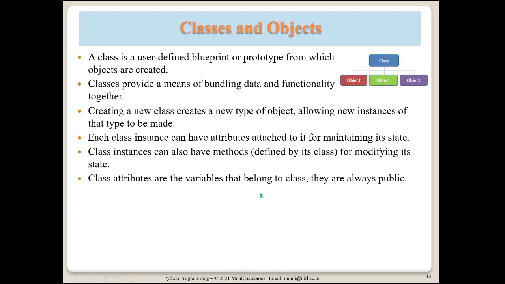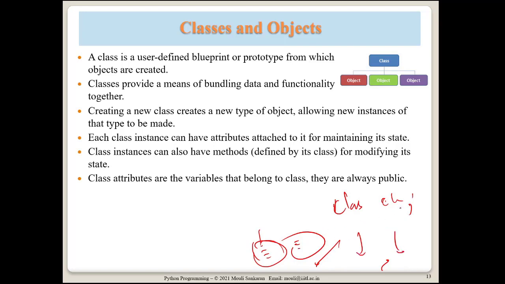Class attributes are the variables that belong to the class. So we have attributes at the class level, as well as when you instantiate it, each of the objects also will have attributes. So they are maintained individually. Now, class attributes are common across any instances you create, but there are a little bit of nuances, which I will explain with an example so that you understand it rather than explaining it.